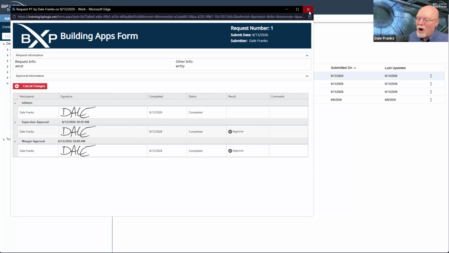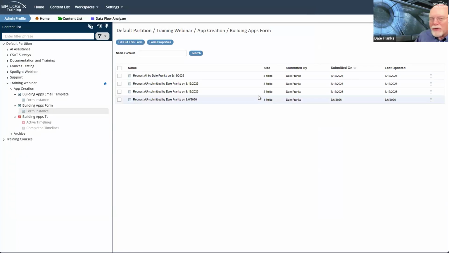That is all nice. So I know I can run through the process once, and that is the happy path. I know that if I submit a request, it will skip the initiator resubmittal. My supervisor or manager will approve, and then it will go to my notification activity, which we'll talk about next week.